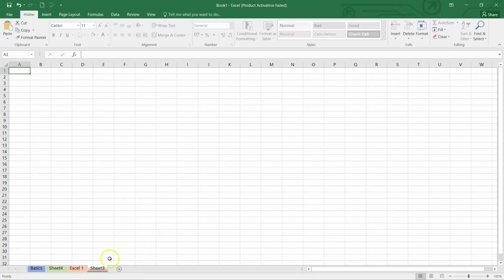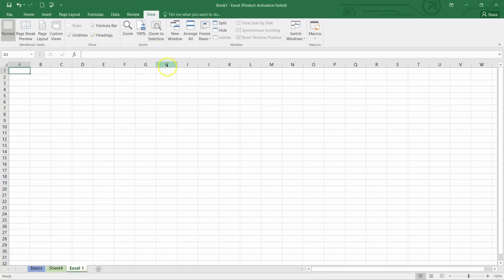Now there is something more to the sheets. When I right click again, you will see some more options, like hiding a sheet. For example, if I want to hide a particular sheet from anyone, one way is to protect it, where you ask the user to enter the password. But there can be other cases where you just want to hide the sheet. You don't want anyone to see the sheet itself. So you'll just click on hide and you will not see the hidden sheet over here. To see the hidden sheet, you can go to view, and there are other options through which you'll see the hidden sheets, which we'll discuss later on in our session.